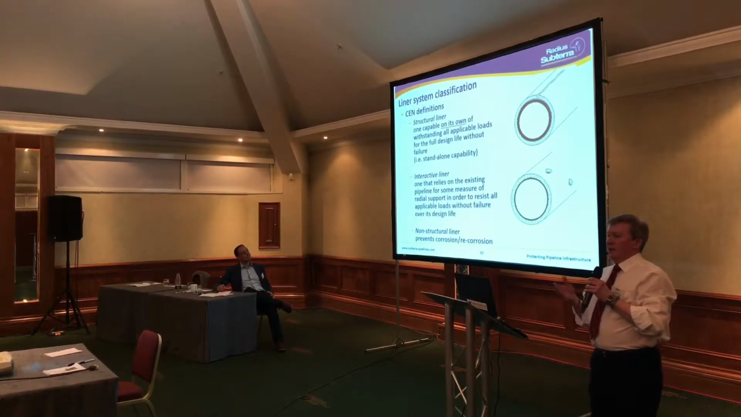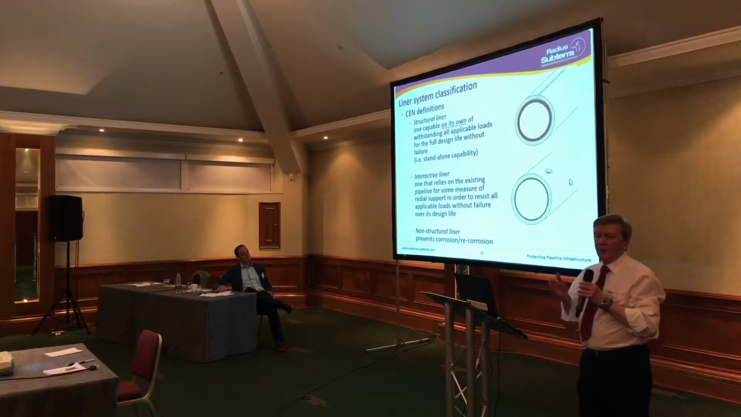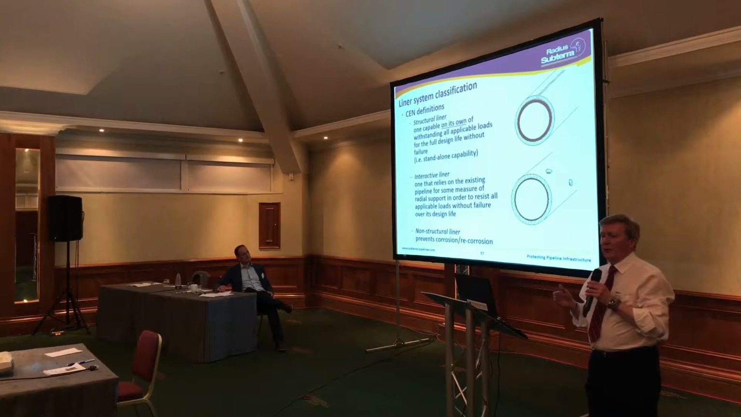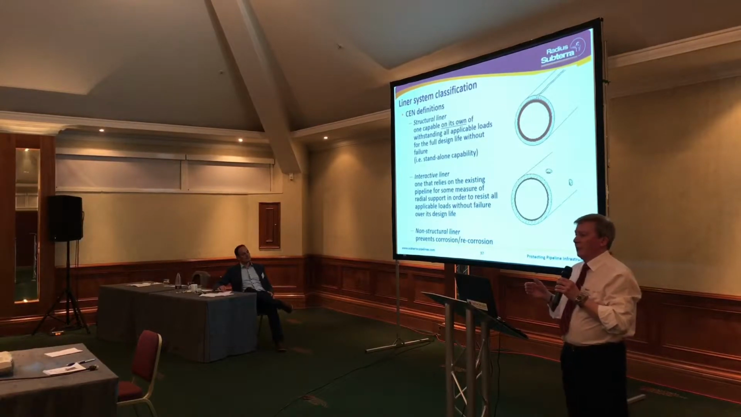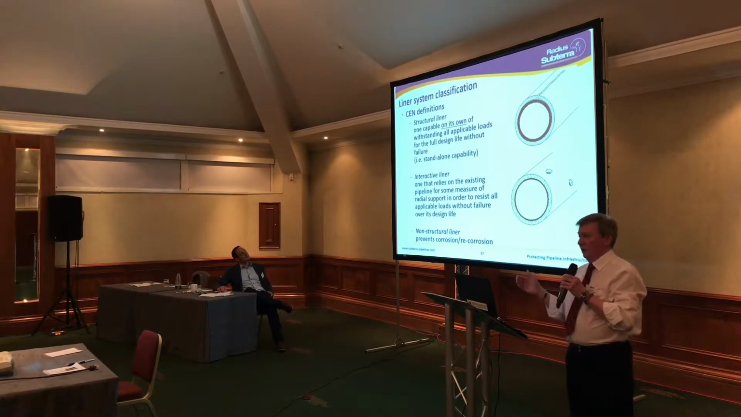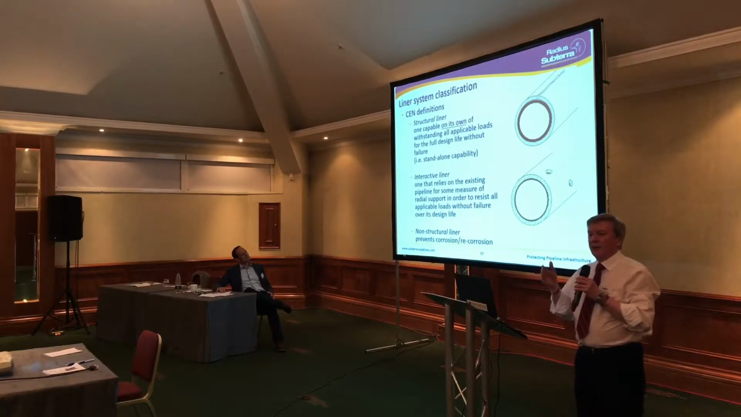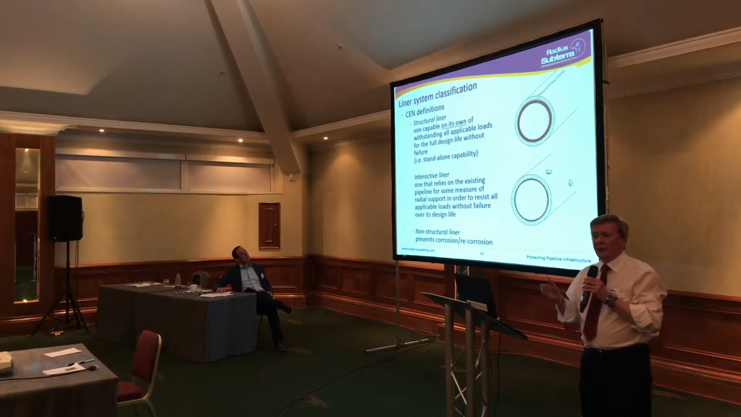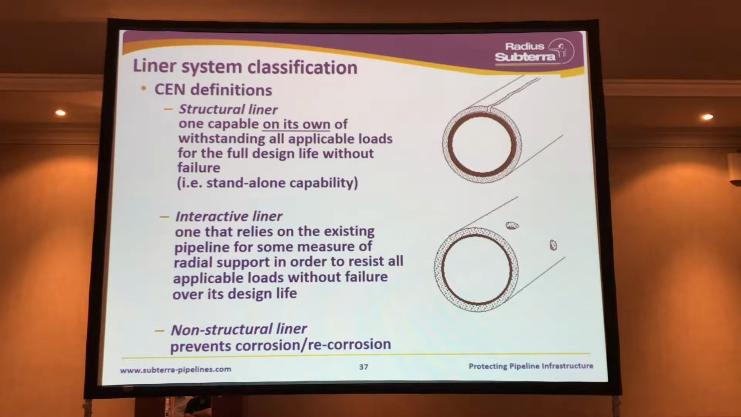Classification of liner pipes. I'm going to be using these terms fairly frequently, just to bring you all up to speed. A structural liner pipe is one that can tolerate all of the service loads that are going to be applied to it throughout the course of the design life. That includes both the internal pressure and external loads, including such things as soil column, surcharge, and external hydrostatic pressure